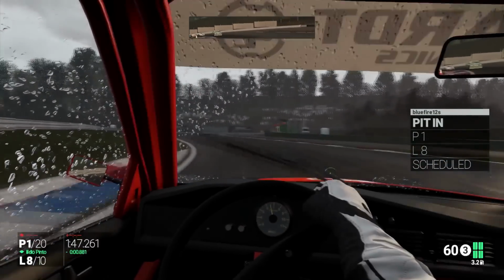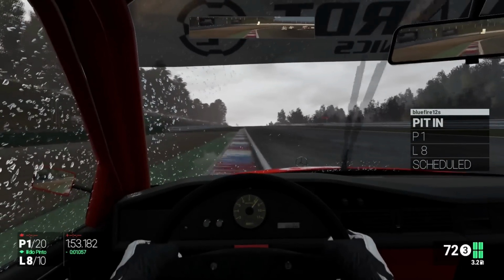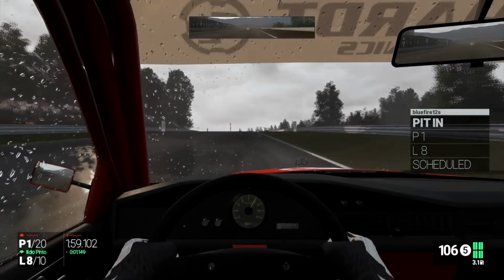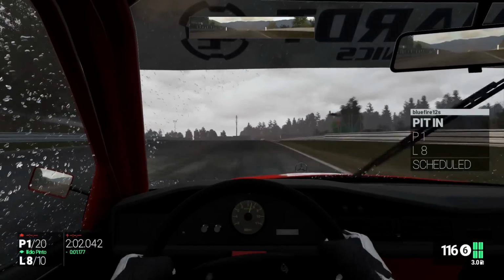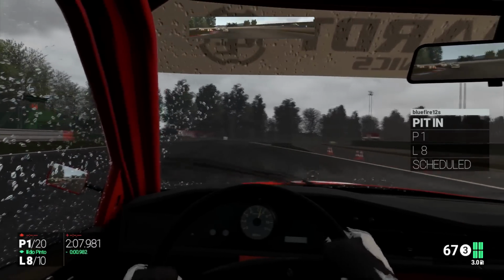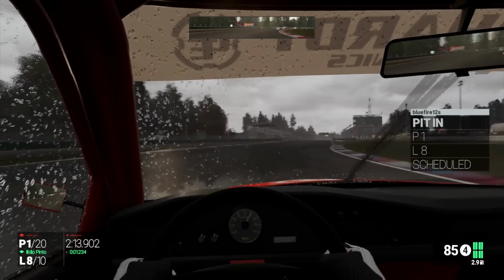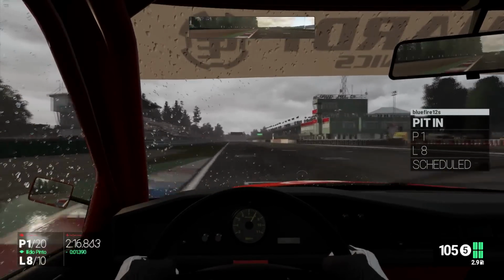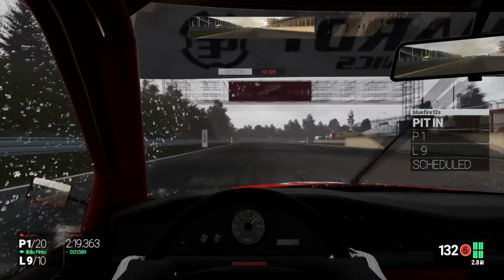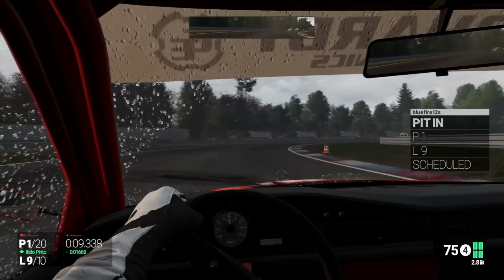Wonder what will happen if I don't pit. Are there regulations that require a minimum amount of fuel? Okay, not pitting this time around. Okay, so they just delayed a lap for the pit stop. The engineer's not telling me off or anything, so